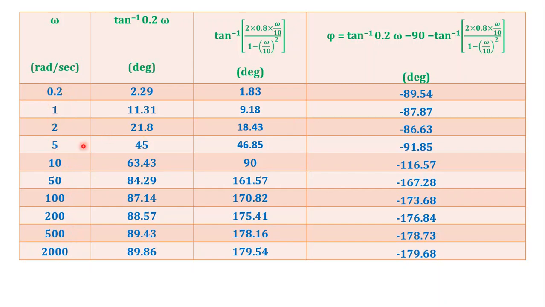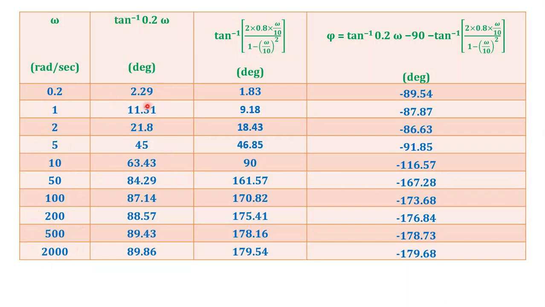Anyway, this is the first problem in which I have drawn the phase angle plot, because in the earlier problems I have done without drawing the phase angle plot. That is, I have simply obtained the phase angle from the phase angle expression by substituting maybe omega g and found out the phase margin, or I have equated the phase angle expression to minus 180, found out omega 5. That I have taken to the magnitude plot to find out the gain and the gain margin. But here, for illustration purpose, I have taken that phase angle plot also. So I am finding the angle in detail.